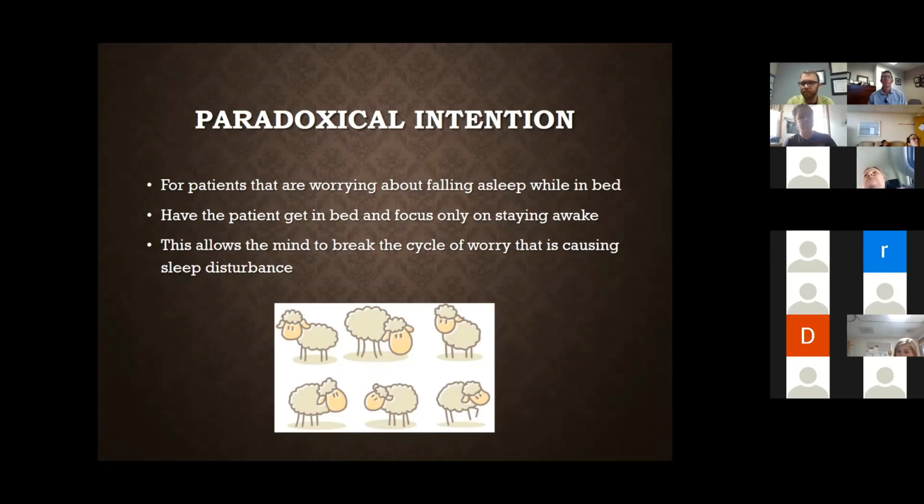It's not thinking that keeps you up, but it's anxiety that keeps us up. And so if we're forcing our patients to do something that doesn't make them anxious, like staying awake, then we can break that cycle and help them get into a better routine. It's really simple. It works really well. We just have to get buy-in from the patient to do that. I think patients will have some initial nervousness that they might actually lose sleep because of it.